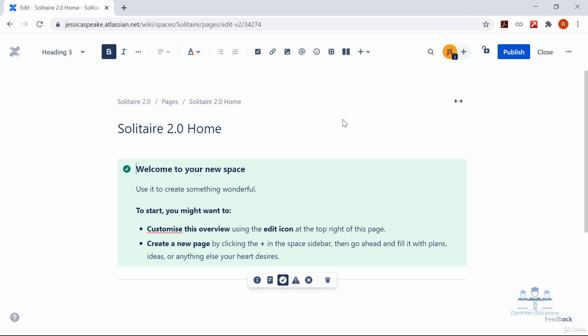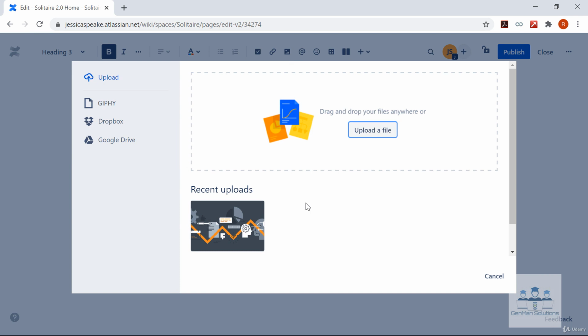In case you want to insert an image here, it's always recommended to drag the image to your desktop and save it there, and then drag that image to your page. That will make sure that the image is directly attached to your page. You also have the option to insert the image from the header. I'm going with the second option for now. Since I have a recently uploaded image, I'll use it for the purpose of this lecture. You can upload a fresh image by clicking on the upload a file button and then insert a file.